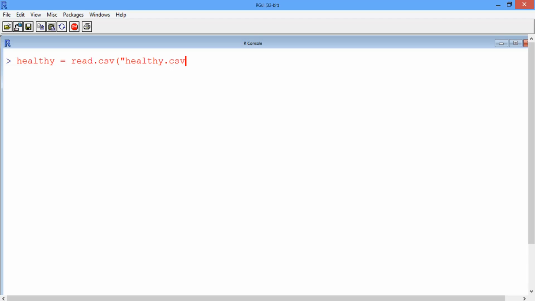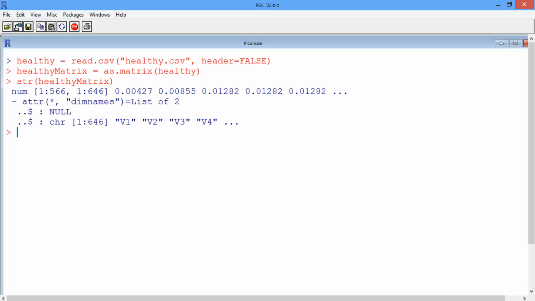healthy dataset. And remember that this healthy dataset consists of a matrix of intensity values, so let's set the header to false. And now let's create the healthy matrix using the as.matrix function, which takes as an input the healthy data frame. And now let's output the structure of the healthy matrix. And then we realize that we have a 566 by 646 pixel resolution for our image. So this MRI image is considerably larger than the little flower image that we saw and we worked with in